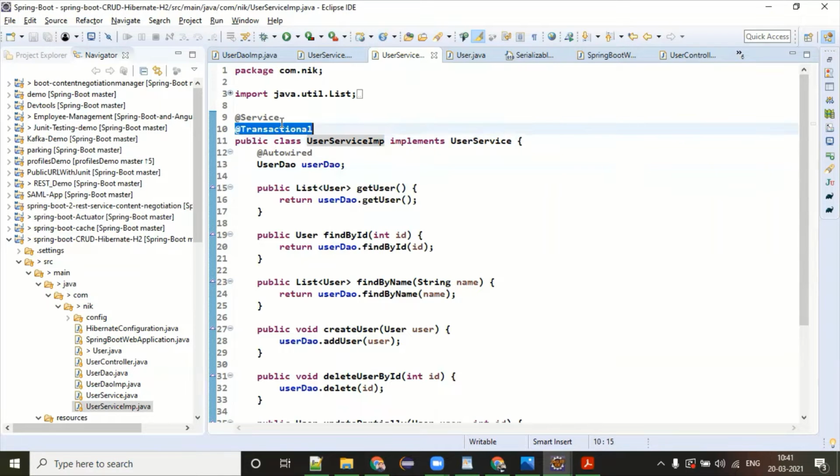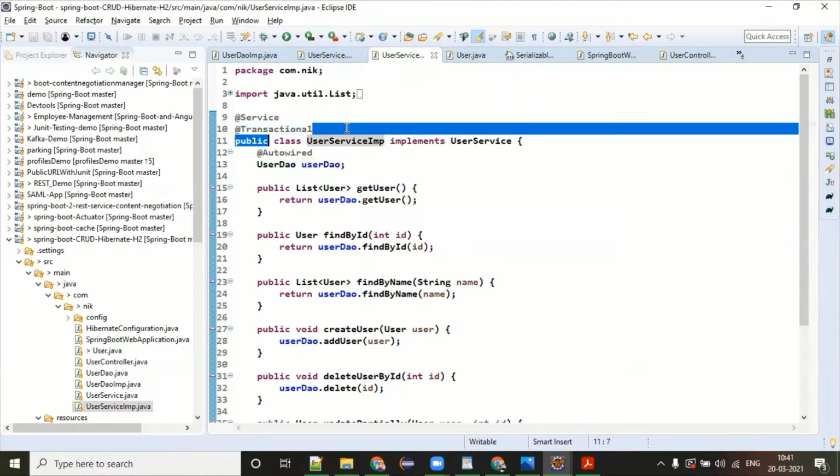Another is @Transactional, the Spring transaction. By default, the Spring transaction commits if there is no exception. If anywhere in your flow it finds an exception, the whole transaction will be rolled back. There is always a debate about where to put the @Transactional annotation: the service layer or the DAO layer?